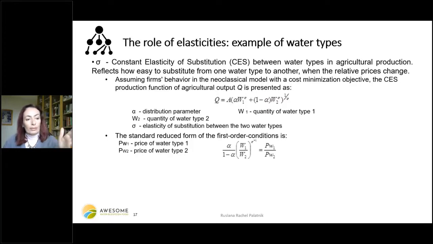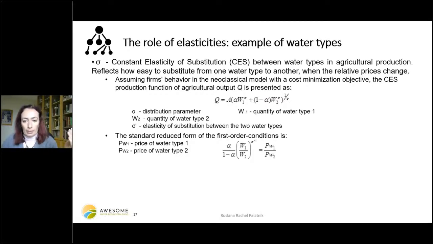So in the standard reduced form of the first order conditions, we see basically that if, for instance, the price of water type 1, PW1, increases, even if the price of water type 2 didn't change, it becomes relatively cheaper to use water type 2 because water type 1